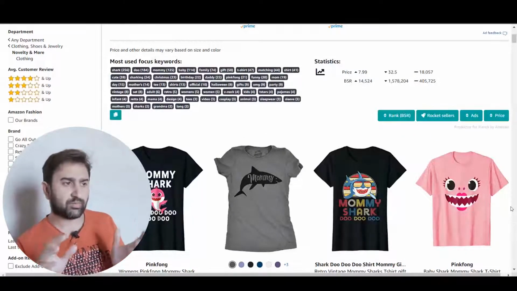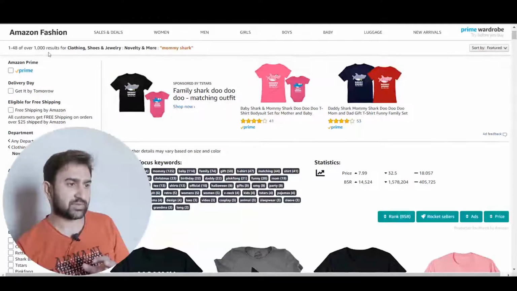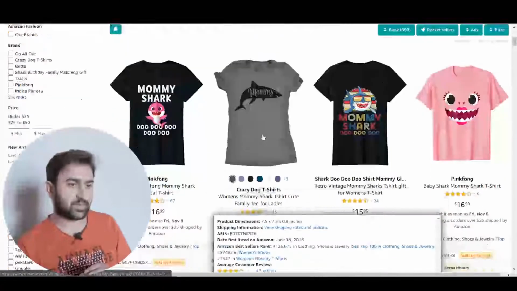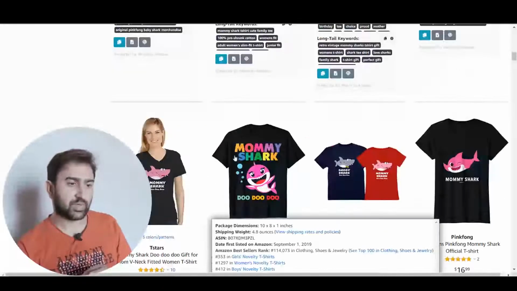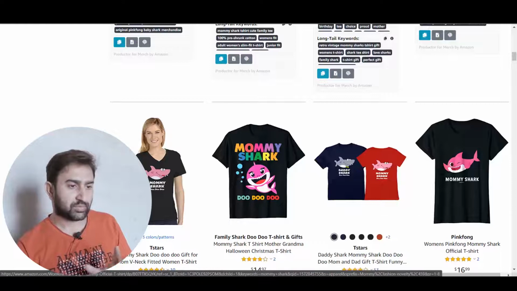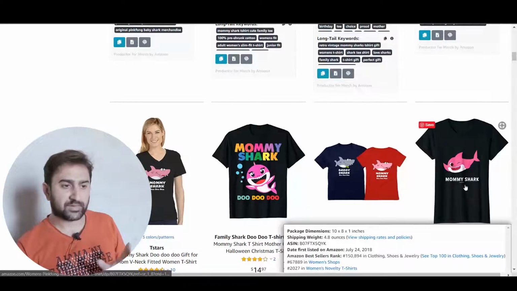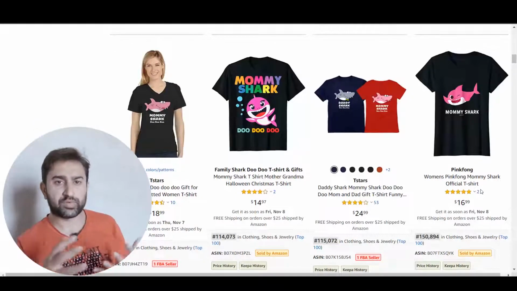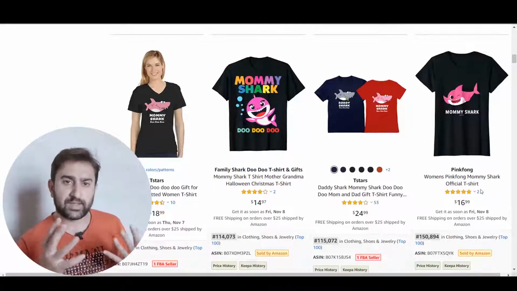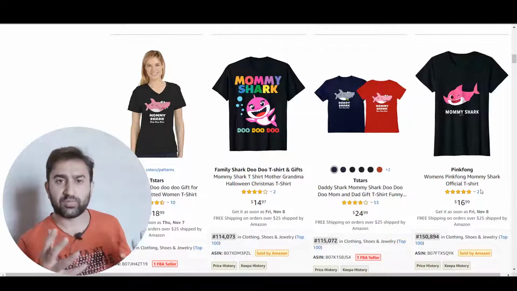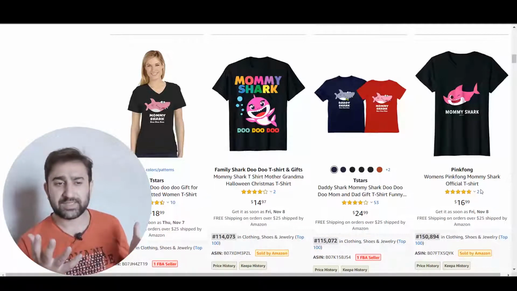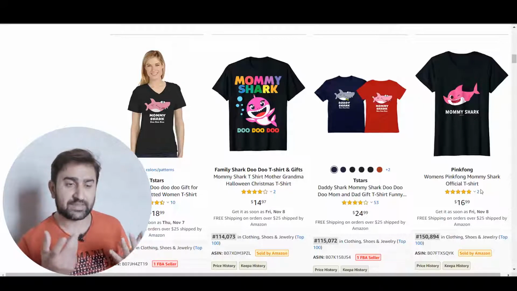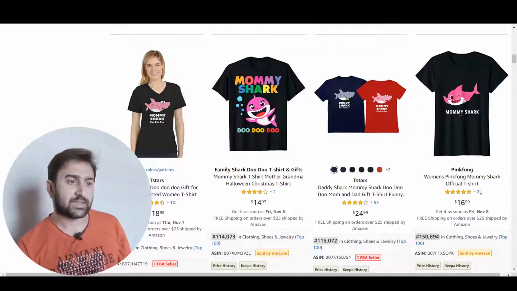Another very common and popular t-shirt theme: you can see there are actually thousands of results when I search the words mommy shark. These are different t-shirts that use the words mommy shark and the doo doo phrase. You might think that with so many designs available on Amazon, this might be okay to use because they are not being taken down or removed from the platform. But they are not okay, because